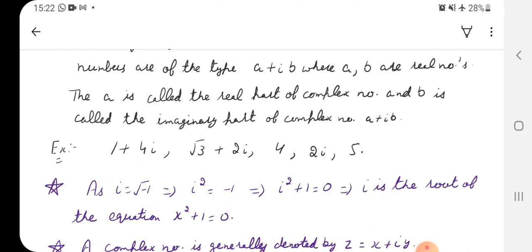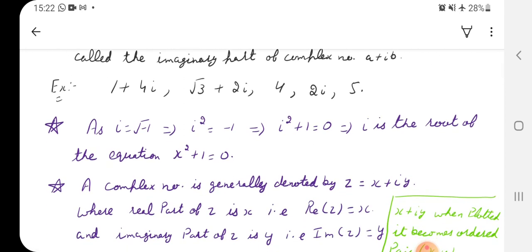How is 4 a complex number? 4 is a real number, you all know, but how can we write it as a complex number? See, a and b were real numbers, right? In a plus iota b, b and a were real numbers. So if I set b as 0, I will get a, and if I set a as 4, I will get 4, right? That is our complex number. A real number also, a complex number also, right? 2 iota and 5, similarly all these are complex numbers.